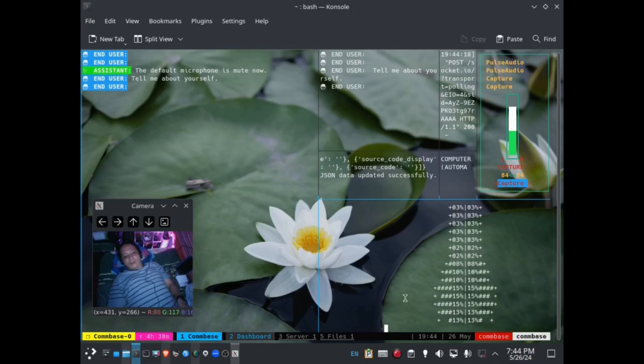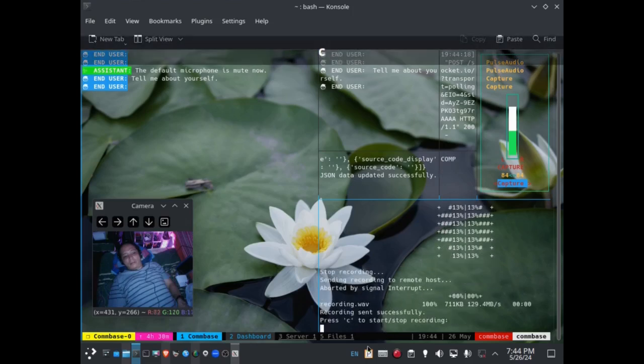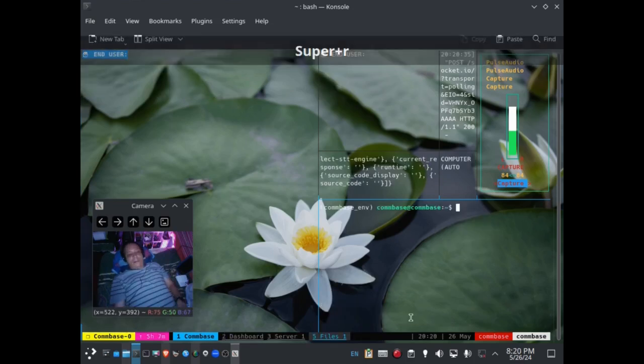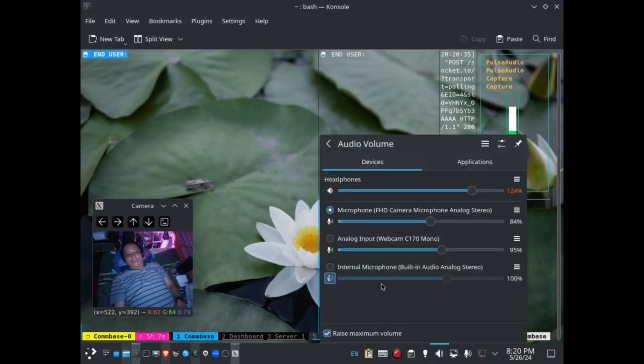Can you tell me about yourself? Can you tell me about yourself here and here, right? So that is the reactive STT engine.